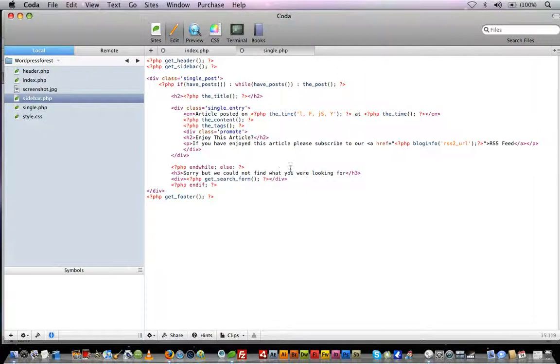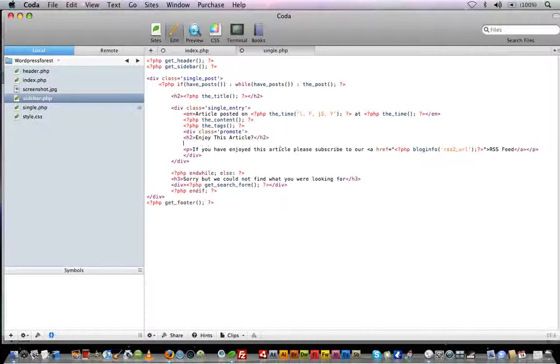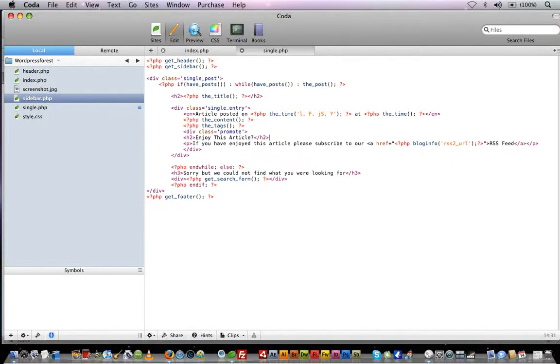And you can really get pretty creative with that, because you can imagine if you wanted to have a random message or an ad display at the bottom of individual posts only. You could just enter an image src tag and have your ad or any of your sponsors show up in the bottom. So I think we will leave our single page at that, but I want to go over one more thing,